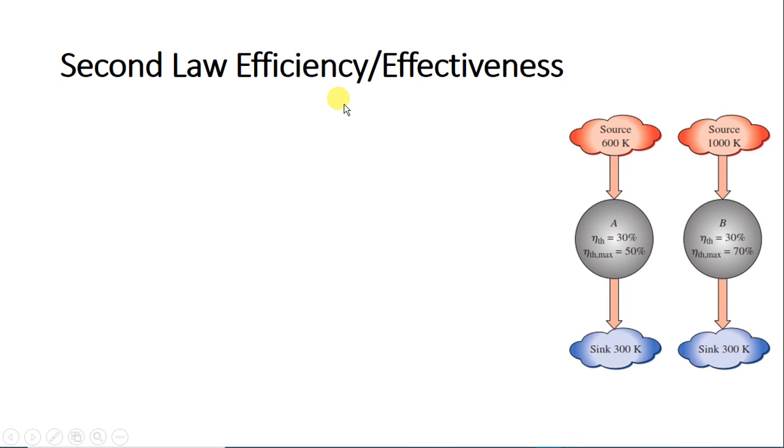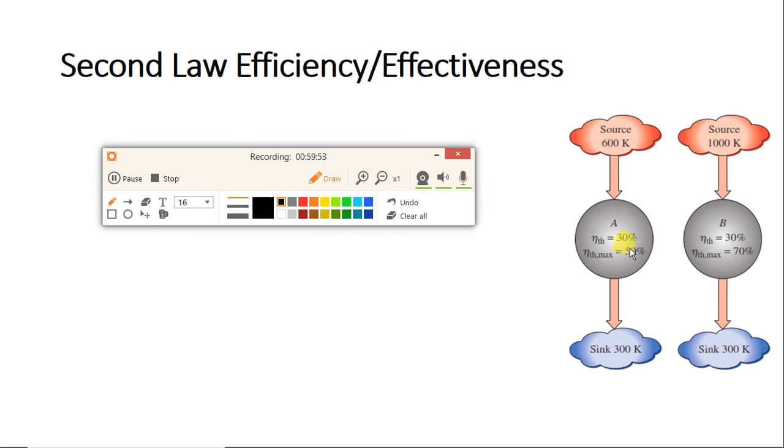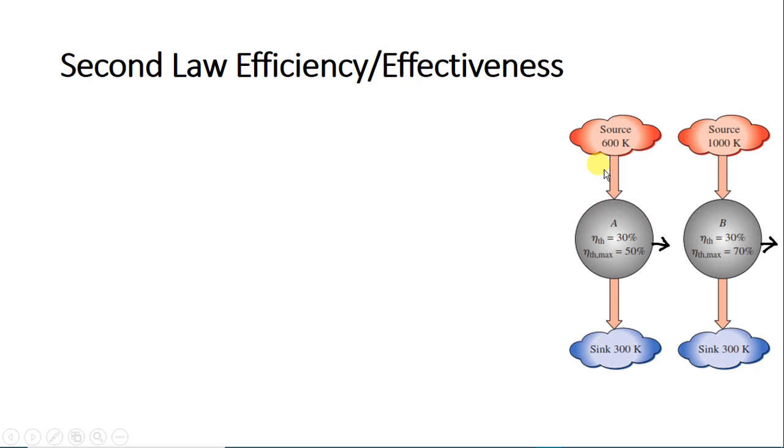Next topic is second law efficiency or effectiveness. So what do you mean by second law efficiency and effectiveness? Let me ask you a question. There are two engines, and you have to answer this. One engine is operating between a source at 600 Kelvin and a sink at 300 Kelvin,